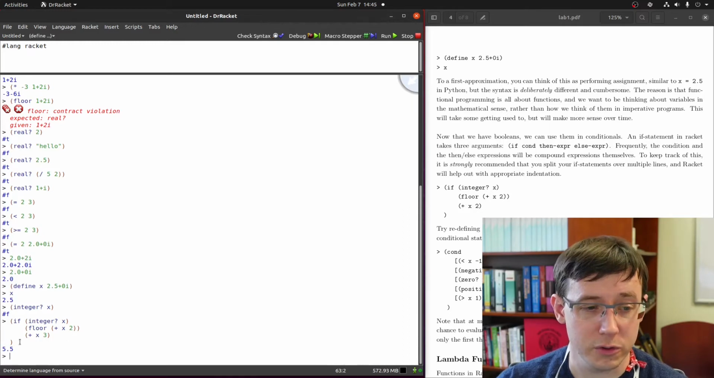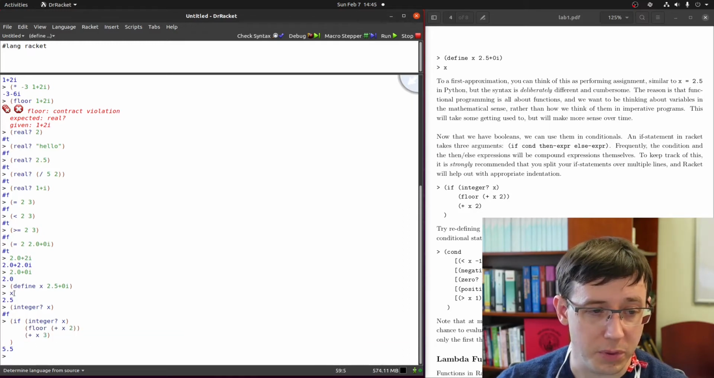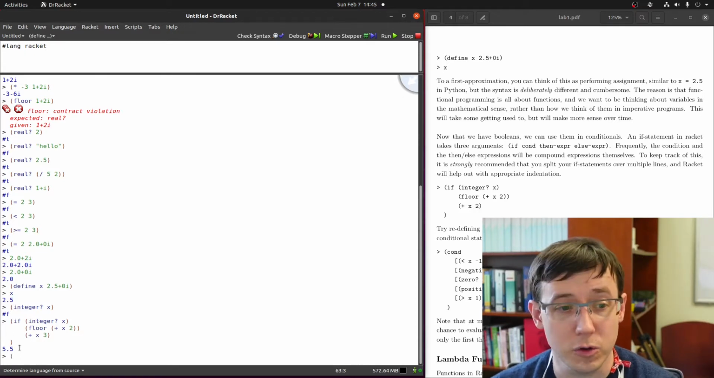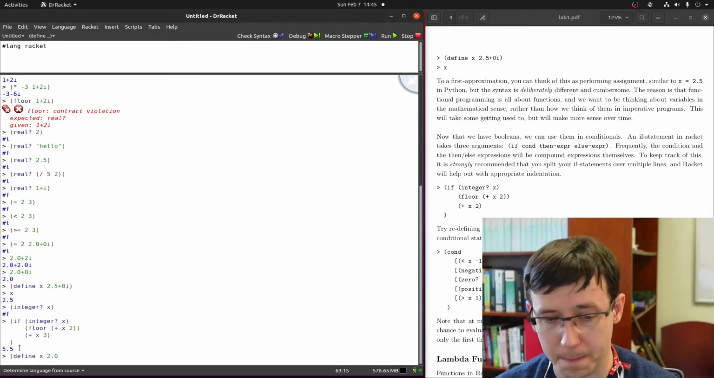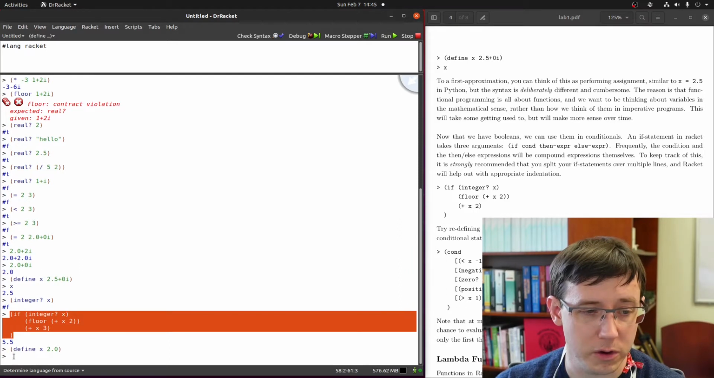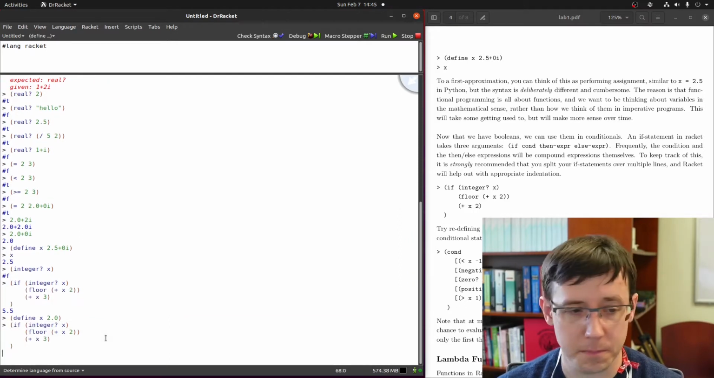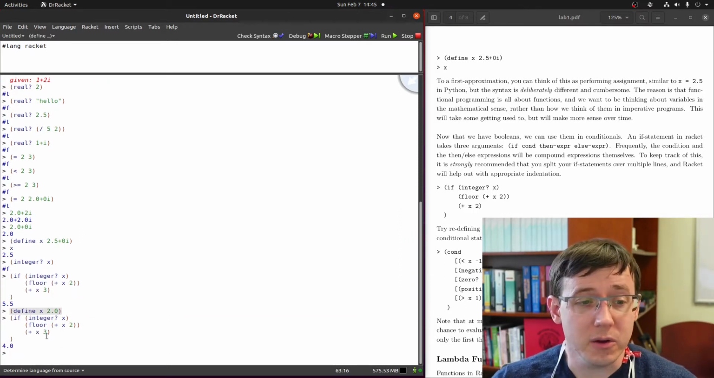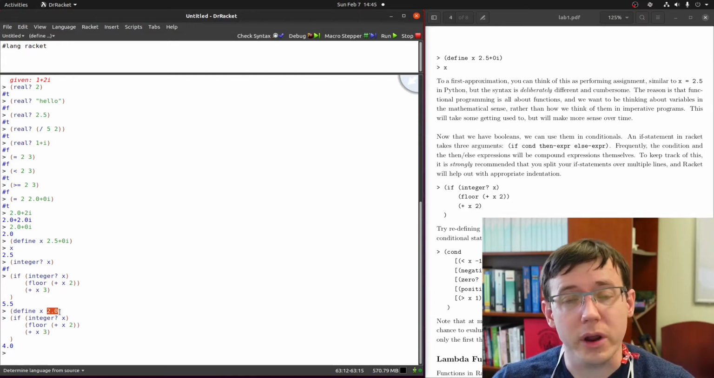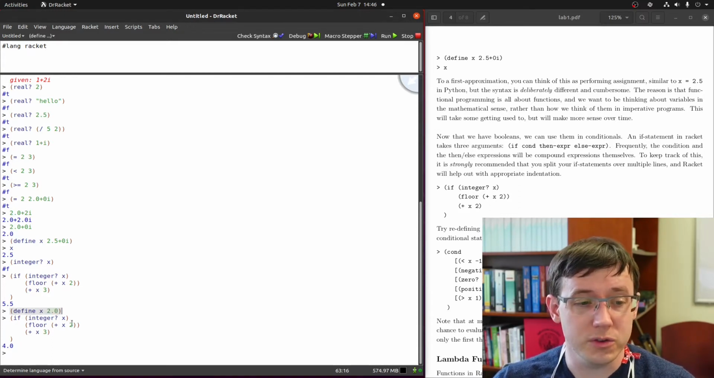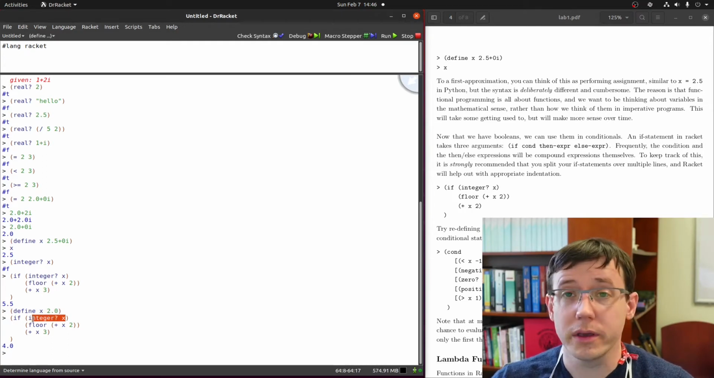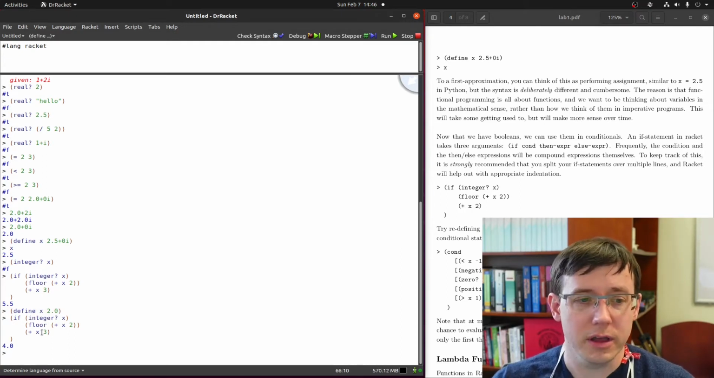If we were to do this again, but first define x to be 2.0, now we could repeat this. So what happened here is that even though we assigned a floating point value, it knows that 2.0 is an integer, and so